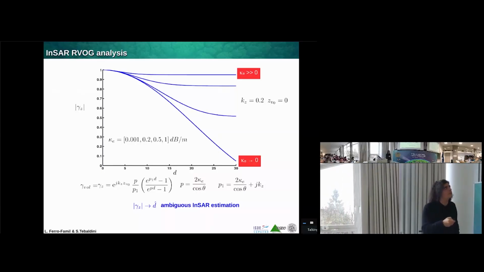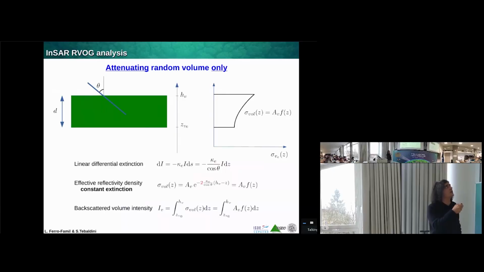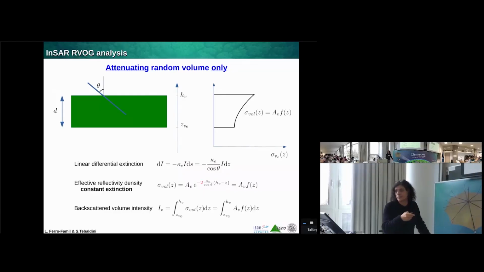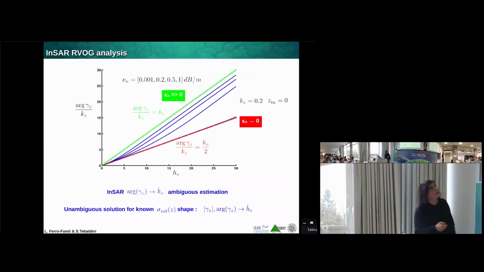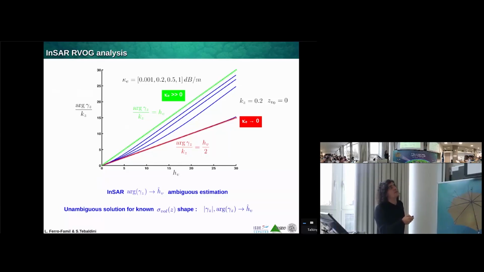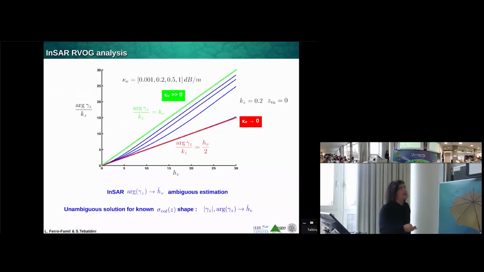And this is something you can understand. When you have a strong attenuation inside the medium, the waves do not penetrate, and this behaves as a surface. And for a surface, the correlation is equal to 1. So the physics are respected. And what about the phase? The phase, you have a variation of the coherence argument, which represents the interferometric phase, from the behavior of a non-attenuating volume to the one of a surface located at the upper interface. And in practice,